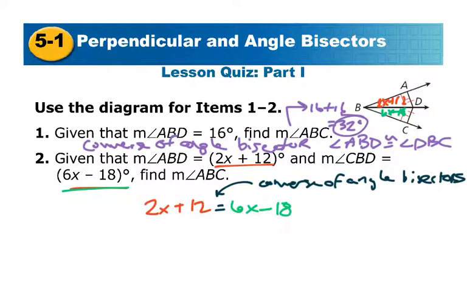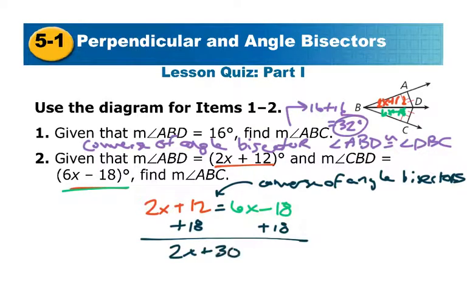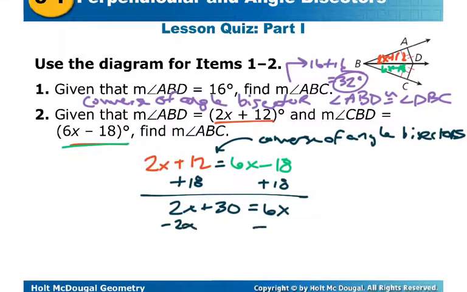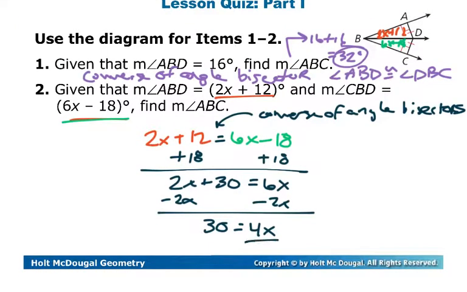So putting these together, let's see, I'm going to add 18 to both sides, get 2x plus 30, and then I'll subtract my x over, and get 30 equal to 4x. Divide by 4 and get an ugly x value, just because it happens to have a decimal of 7.5. That's not what they want. They want you to find the measure of